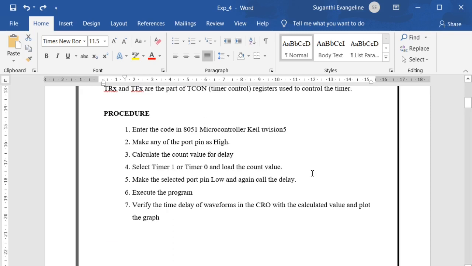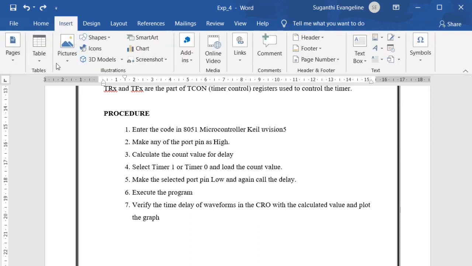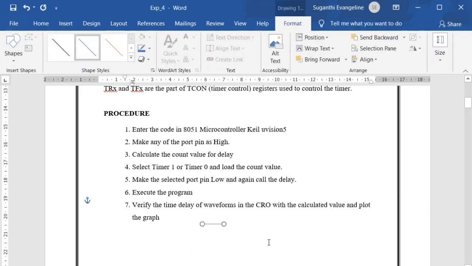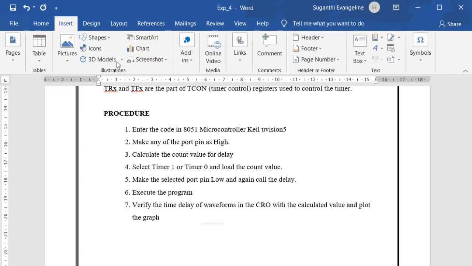Suppose in this scale, we can generate a square wave, or you can make a port pin blink with a specific delay. If you are going to generate a square wave, there will be a high pulse and then a delay, then a low pulse and a delay. It will keep repeating at regular intervals.